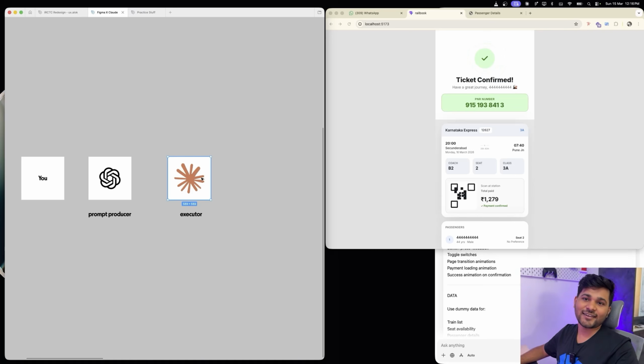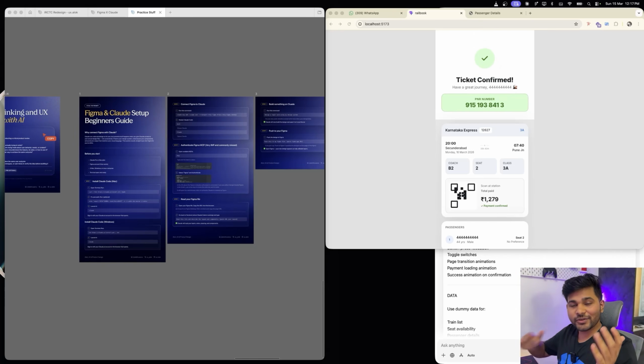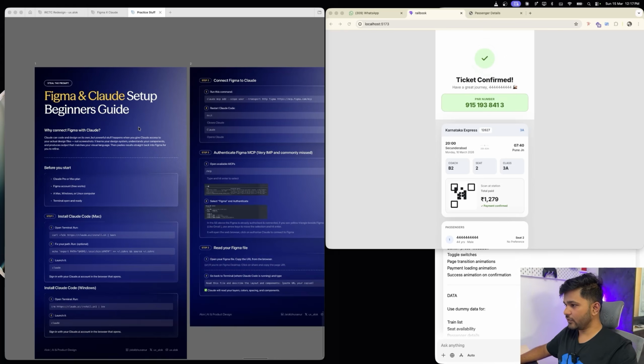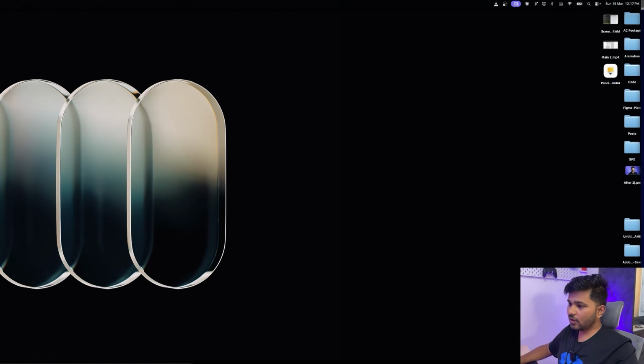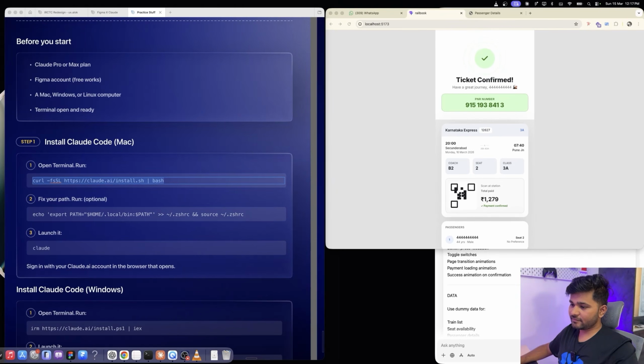So let's get started. First things first, you need to install Claude onto your system. And how do you do that? It's very simple, and I even made a guide for you. You will find the link to this guide in the description. What we are going to do is copy these commands one by one and paste them inside your terminal. Just go to search and search for terminal,